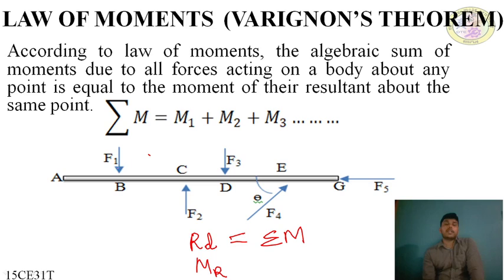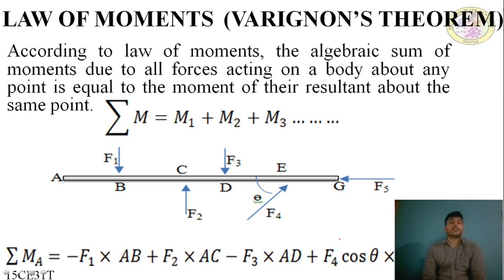This is the summation of moments. For all the forces, M1 is F1 into distance, F2 into distance, F3 into distance, so the summation is M1 plus M2 plus M3, and so on. Here the moment is calculated as F1 into a, where a is the distance. When the moment is taken about A, let us assume the body as rigid, and the moment is considered from the point A, and F1 into